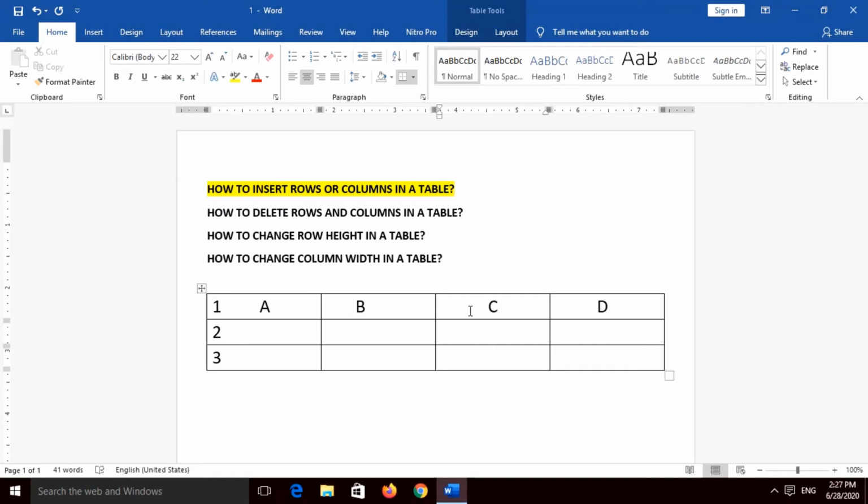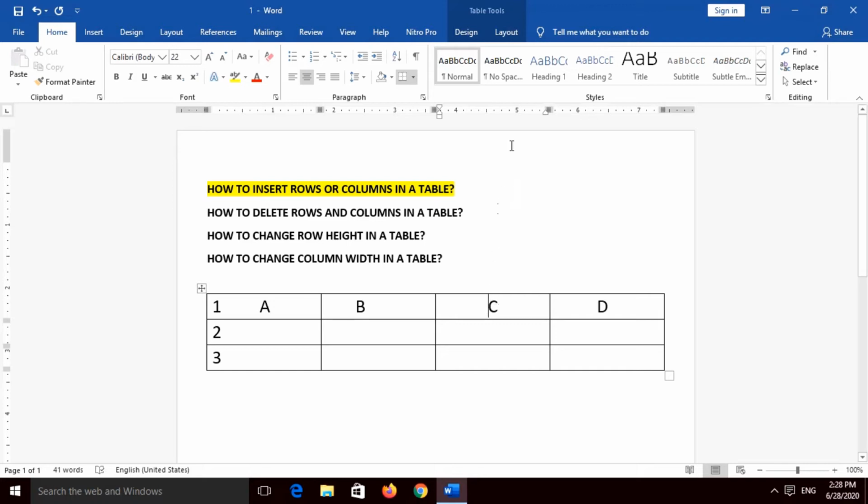So what I need to do, again the same process as we did in the inserting rows option, is put the cursor either in B column or C column. The way we were putting the cursor on the row, to insert a row either at the top of the row where the cursor is, or at the bottom of the row where the cursor is. So let us say I have put the cursor on C column. That means just before C I will insert a new column.